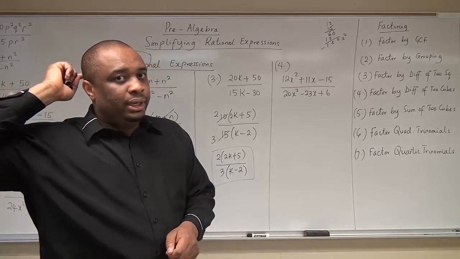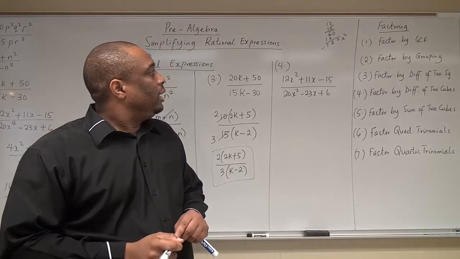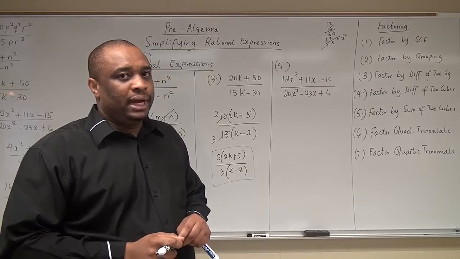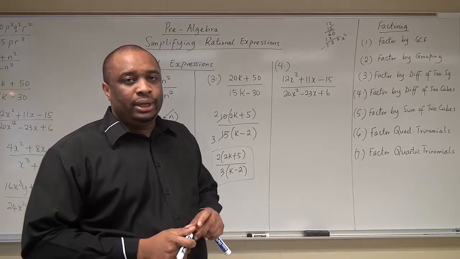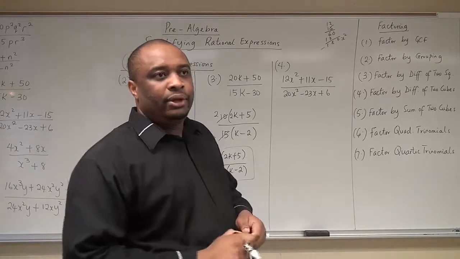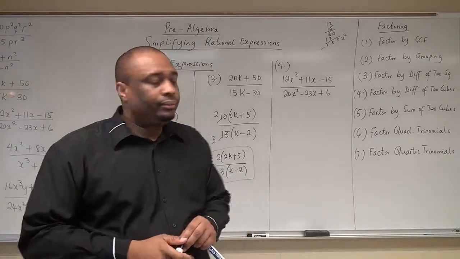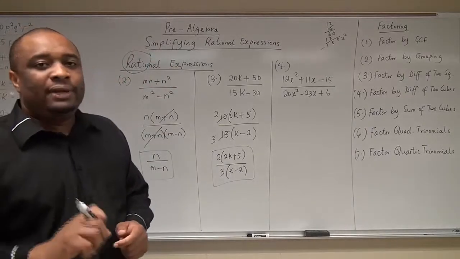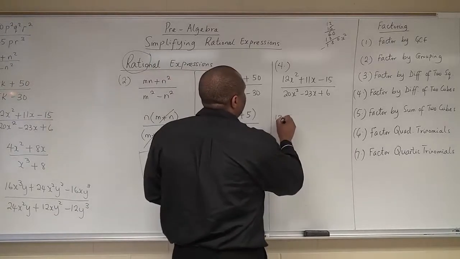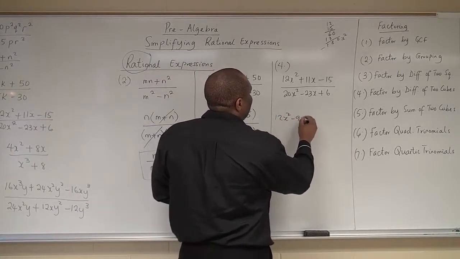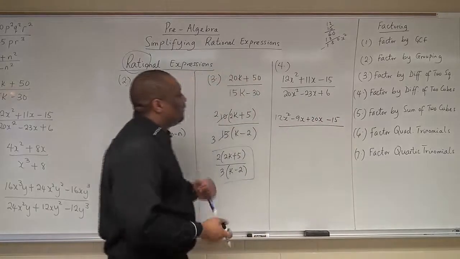9 and negative 20 will not work. Negative 9 and 20 is going to work, right? Because 11 plus 9 is 20. Okay? So negative 9 and 20 will work. So this is 12x squared minus 9x plus 20x minus 15, all